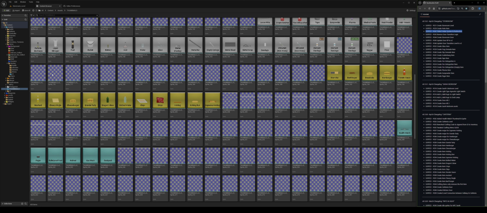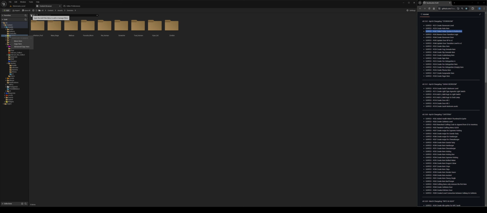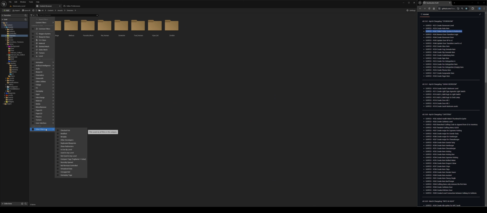Tidied up folder system and redirectors. Not everything's been tidied up, but there's a bunch of redirectors floating about, so I won't go into too much detail. But as you know, you create an item in one place, you drag it to somewhere else, that can create a redirector, which doesn't always show unless you have